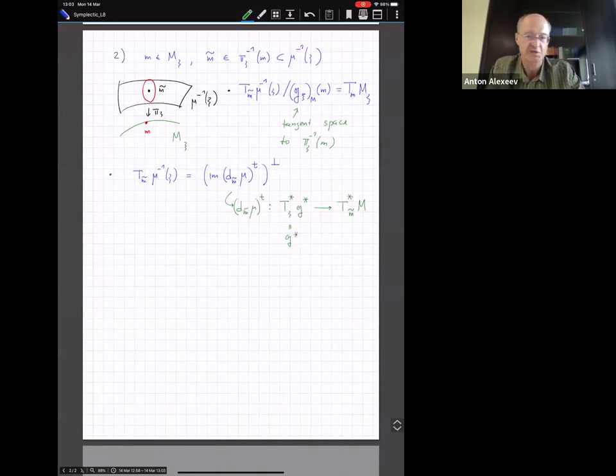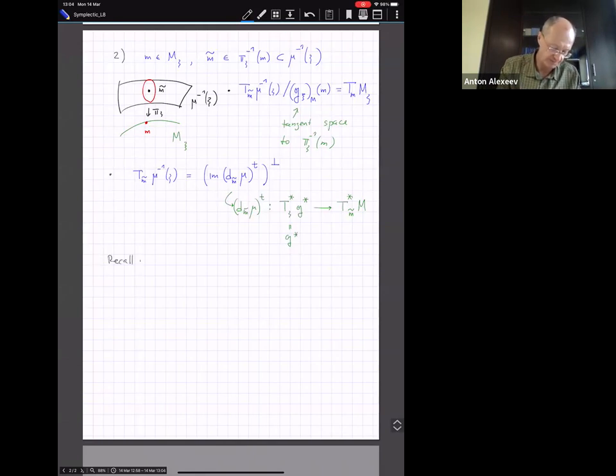So as I'm saying, right, here we're using a little bit of geometric intuition. Is it clear what's going on here? So by definition, the fiber consists of the points where the image of the moment map doesn't change. Okay. So now